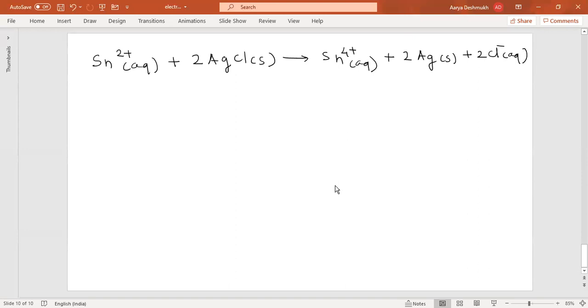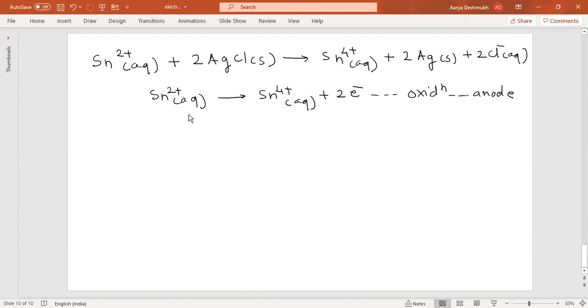Okay, now just find out the oxidation reaction here. So always look for the metal. Sn2+ is getting converted into Sn4+, which means this is happening through oxidation. So Sn2+ aqueous is converted into Sn4+ aqueous by the loss of 2 electrons. So this is oxidation, means anode, isn't it?